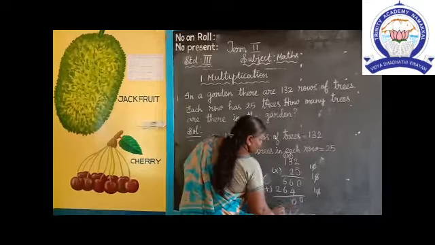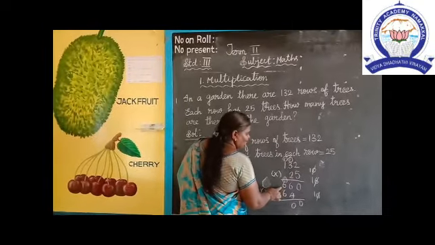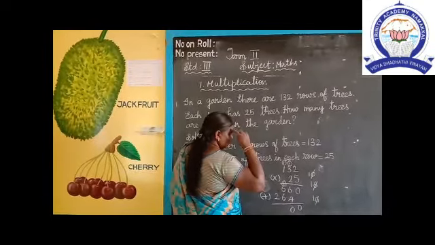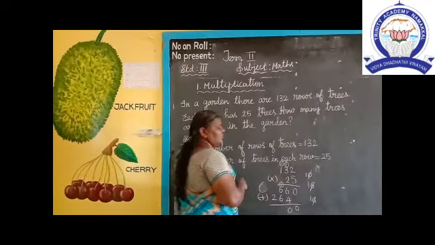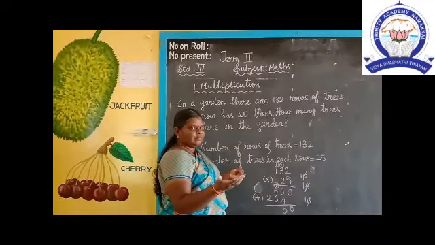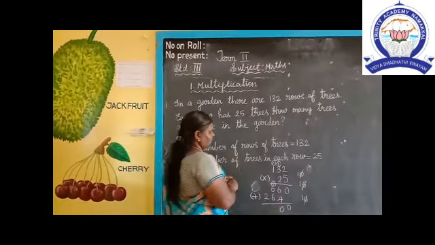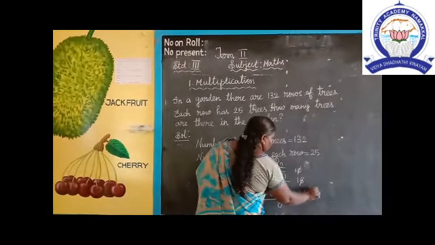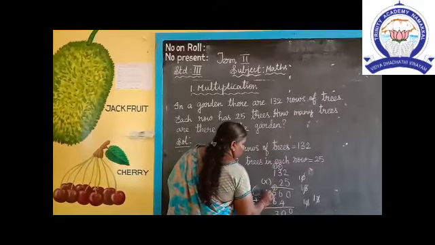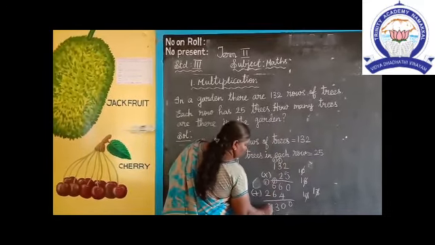0 only you write here. 1 is carried over. 1 plus 6, 7. 7 in the mind, 6 on the fingers. 7 after 8, 9, 10, 11, 12, 13. 3 only you write here. 1 is carried over. 1 plus 2, 3.